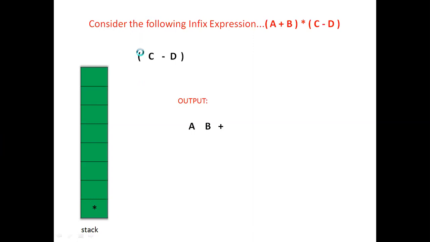Then our scan symbol is a left parenthesis. So if you want to insert the left parenthesis, take the topmost element, this one. The left parenthesis is only popped when the right parenthesis comes. Then our symbol is an alphabet, so print it on output. Again our symbol is minus. This is lowest priority compared to the top, so simply push our minus into the stack. Then we got our symbol D, that is an alphabet. Simply print it on output here.